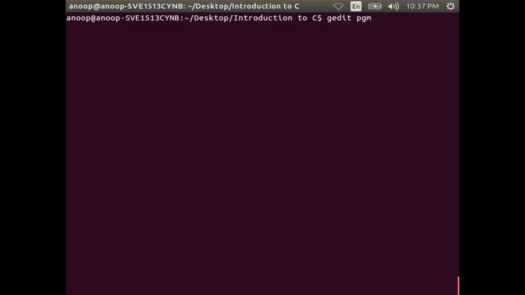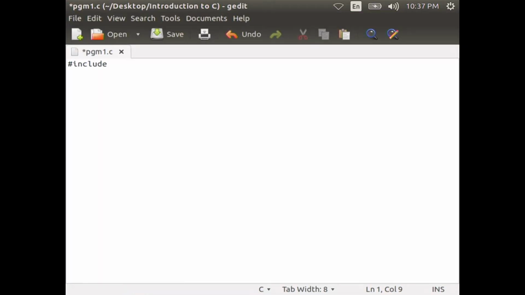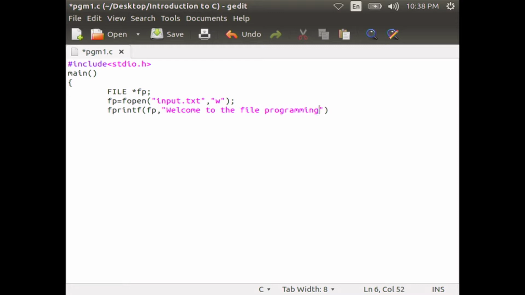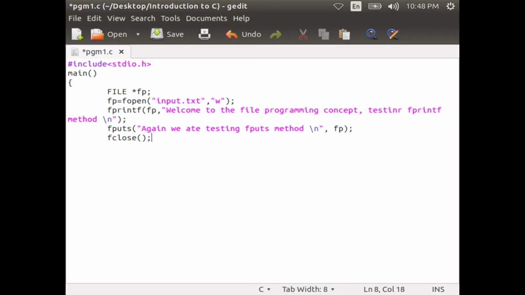Now, let us type this program. #include <stdio.h> main() { FILE *fp; fp = fopen("input.txt", "w"); fprintf(fp, "welcome to the file programming concept testing fprintf method"); fputs("again we are testing fputs method", fp); fclose(fp); return 0; }